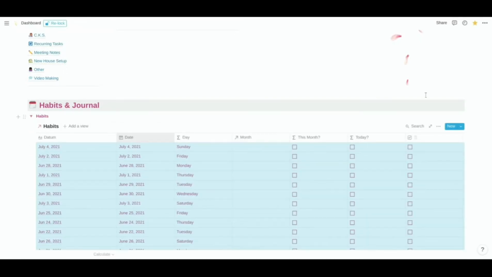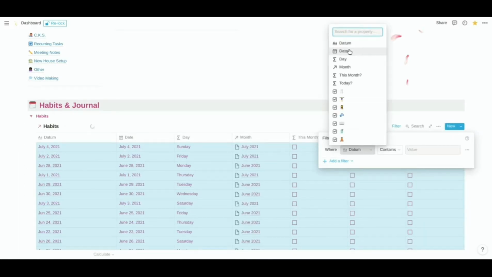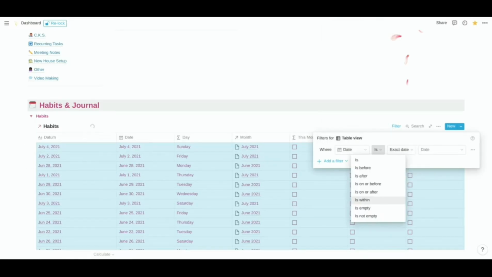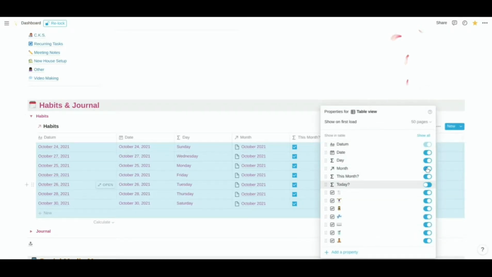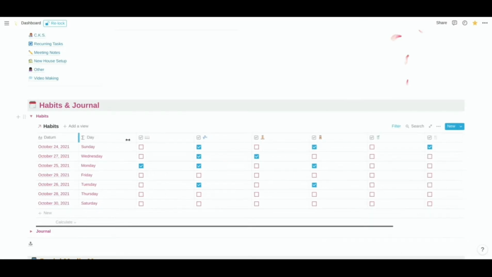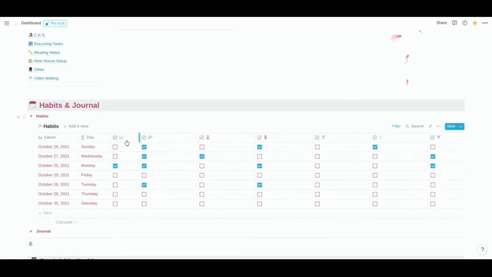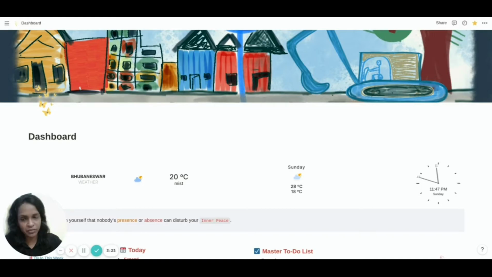But the best part is all the views that you create on this particular instance will belong only to this instance, and none of the instances belonging to any other page of this table are going to get affected. So I can create a view that is completely personalized to me, taking an example of a scenario where I might be using a database or a table with a collaborator, and I want to see all the records that belong to me, or all the tasks that have been assigned to me, and none of the other instances of that same table are going to get affected in terms of their views.